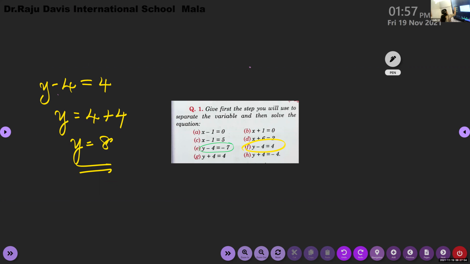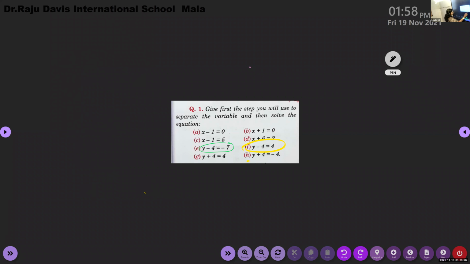We are just shifting this number to the right side. So this should come on the second, otherwise it is wrong. This is already there. You cannot change the place of that 4 to the right. We are shifting this number to the right side of the equation. So negative will become positive, positive will become negative, denominator will become numerator, numerator will become denominator. You have to keep it in mind. Now, let us check what happens when division and multiplication come, children.